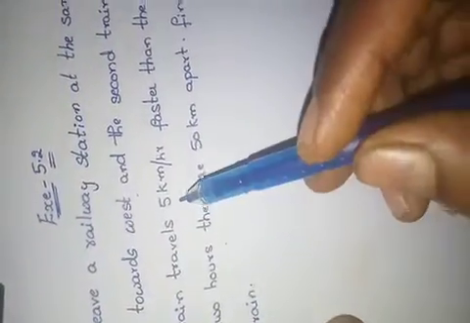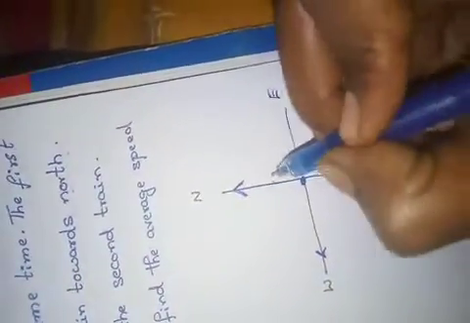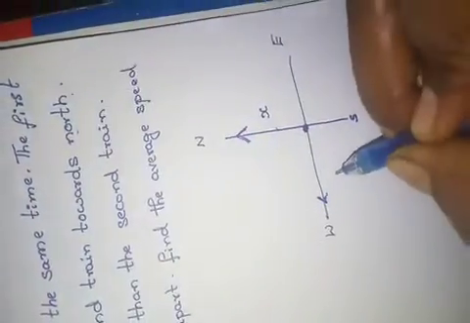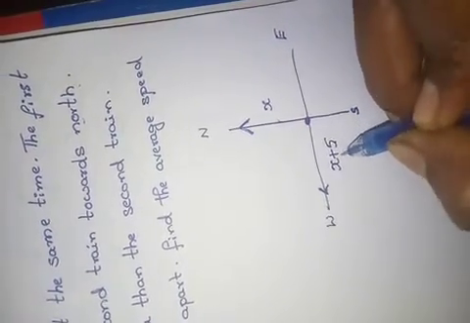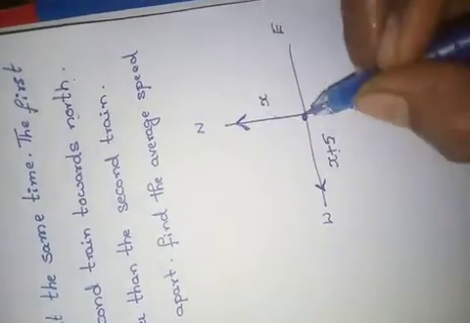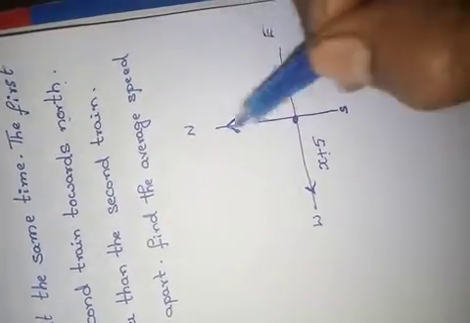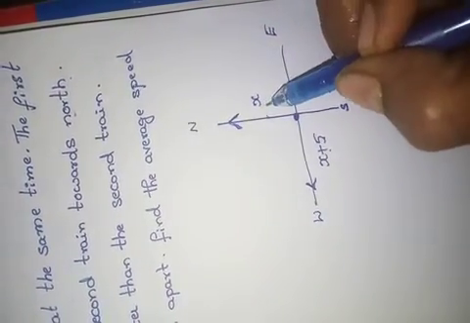The first train travels 5 kilometers per hour faster than the second train. This is the second train. If I take this as x, the first train is traveling 5 kilometers per hour faster than the second train, so x plus 5 kilometers per hour. This is the first train, this is the second train. The first train is traveling towards west and the second train is traveling towards north. If I take the average speed as x,